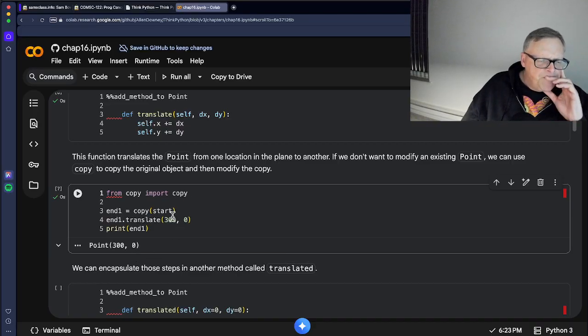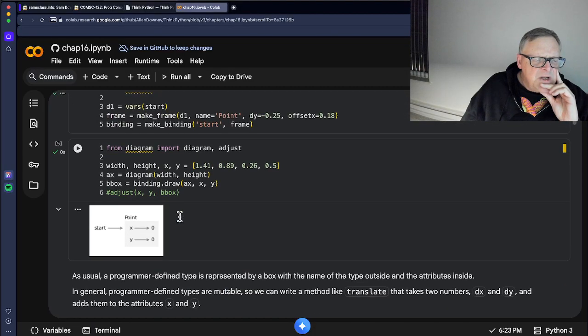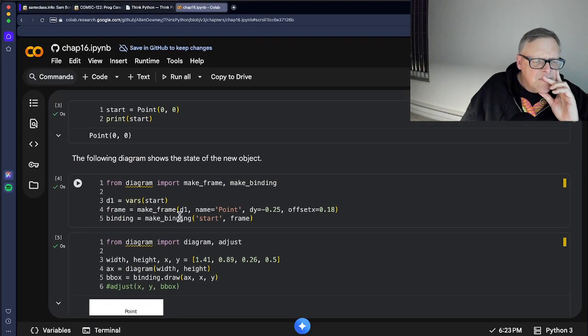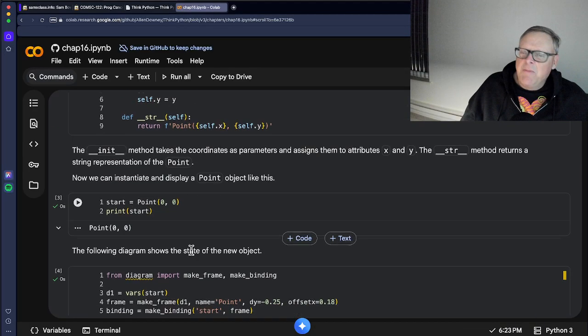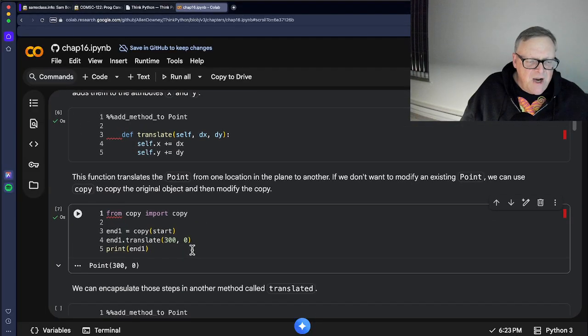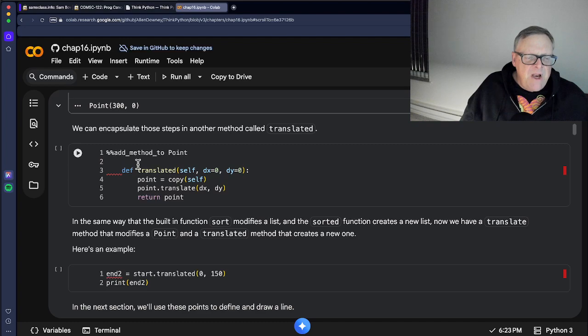Because we had start, and start was defined up here. Yeah, start was defined at 0, 0. So that was the point at 0, 0. So when you move it 300 to the right, it's now 300, 0. Okay. So now there's two. Translate is what moves a point through an area, but you can also make translated, which will